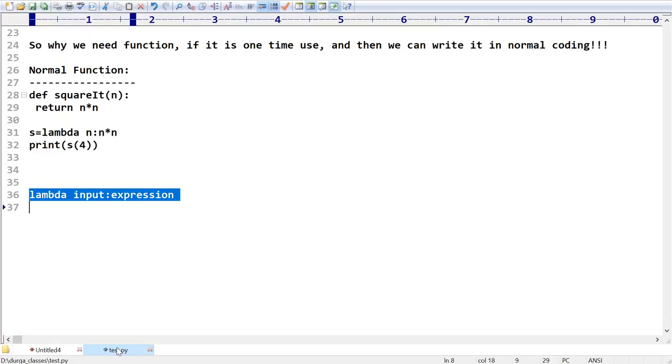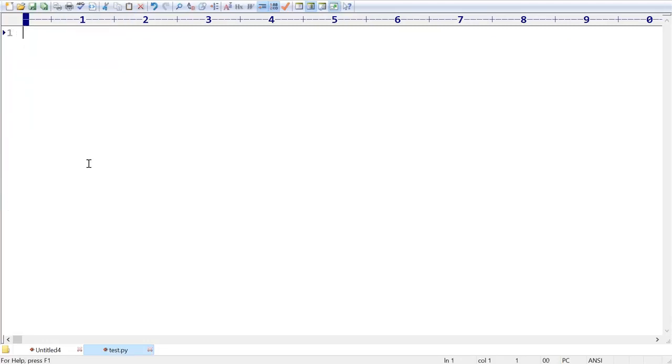Observe what I'm taking: s is equal to lambda x colon x into x. That's all. Now print of s of 2, s of 3, s of 4.